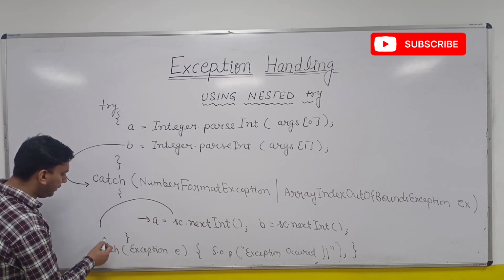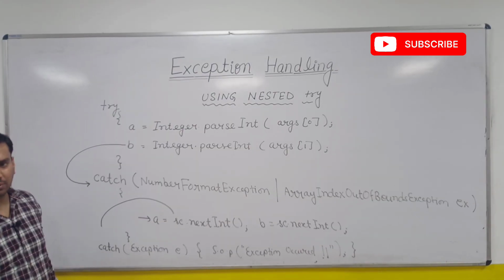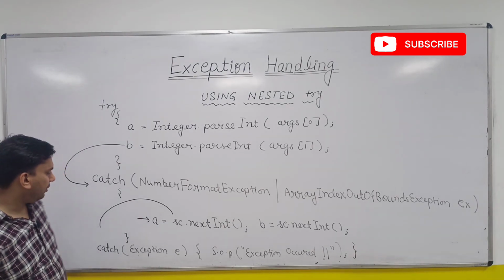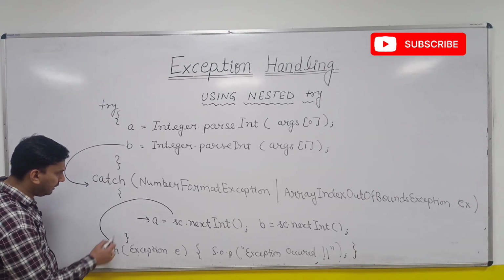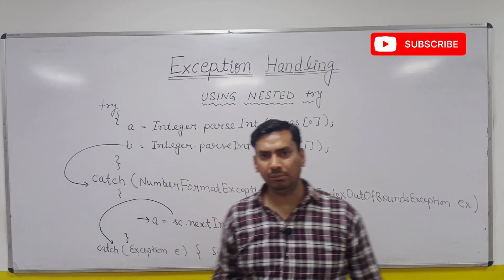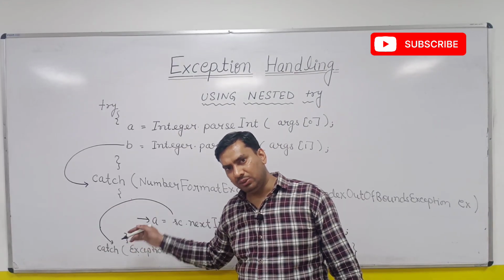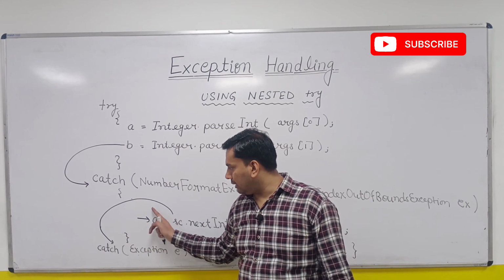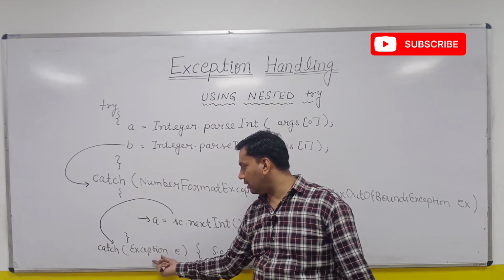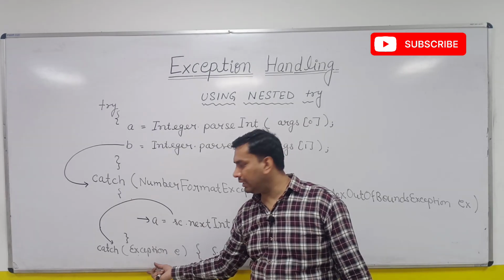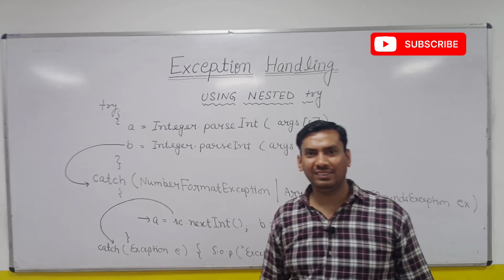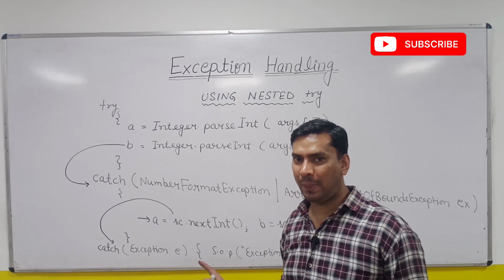So don't you think that this exception will be caught by this catch block? Below this catch block we have one more catch block, which is a generalized catch block. So do you think that this exception thrown here in this catch block will be handled by that catch block? Because whenever an exception is thrown, it will look for a catch block, and below the catch block where the exception is thrown, we have another catch block that can handle all kinds of exceptions. So do you think that this catch block will be capable of handling the exception thrown from this catch block? So the answer is no, right?